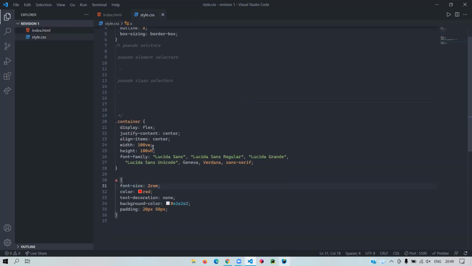As your browser window changes in size, it changes the alignment of the content. Even if this was my phone, it will apply this 100 viewport width and 100 viewport height property. If I had applied pixels, I don't know what the width of my device would be. On a phone it could be 576 pixels, or it could also be 400 pixels, so it's not really clear. But using this, the browser treats the entire viewport width using this property.